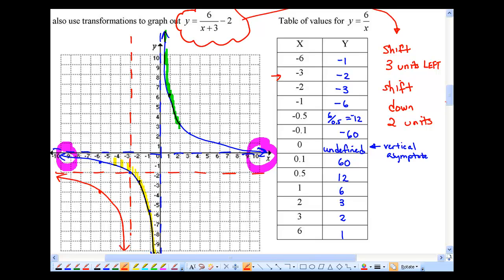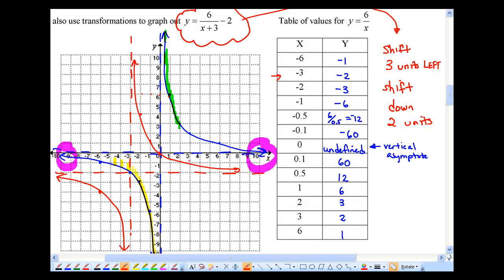On one side, and I guess here I could shift. I'll take this point, go 3, and then down 2. Here's another point, 3 units left, 1, 2, 3, down 2. Another, 3, down 2. And I think you get the idea what the graph looks like here. So the one in red is y equals 6 all over x plus 3,